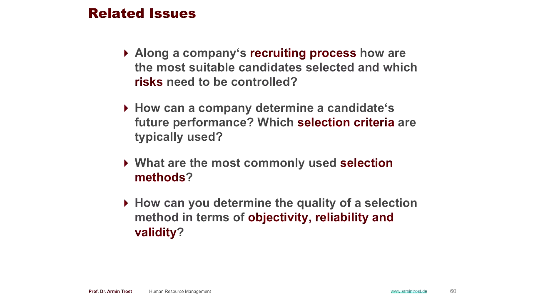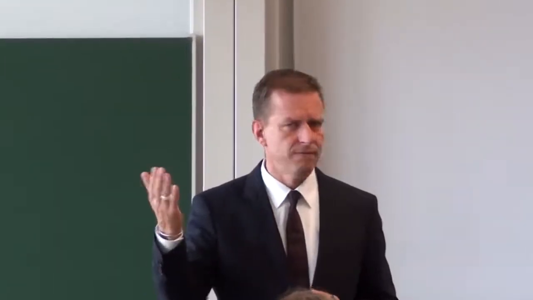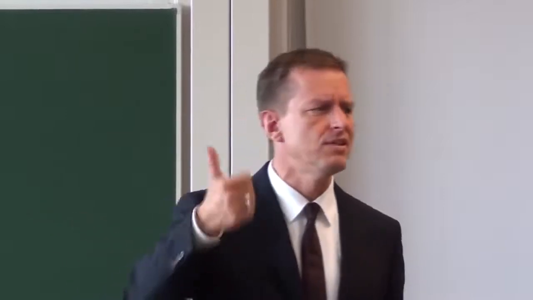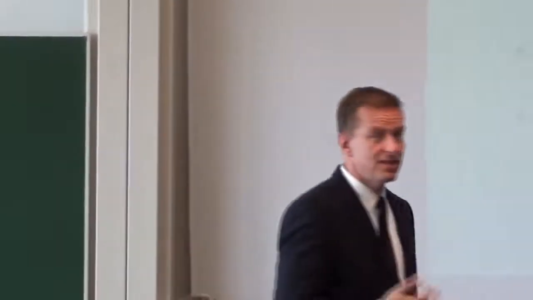At the end, we'll talk about three criteria which we can use to determine whether a selection method is good or bad. You know, there are selection methods which are ridiculous, where you cannot predict the future. Things like maybe I look at your face and tell from the shape of your face whether you will perform well. Ridiculous. Validity, 0. Objectivity, 0. Reliability, 0. So I mentioned all these three. We will talk about these three criteria in more detail. So we'll also talk about statistics then.